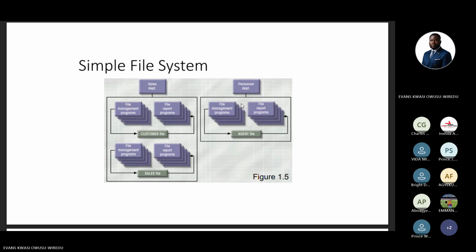Sales file also has to do with the customer. You get it? So you realize that there will definitely be duplication. And everything is so decentralized. You waste a lot of resources, and you need different people to be handling this. You have to employ a lot of people to be doing these things. Otherwise, your workers will be inefficient at work, because all the time, if they have to locate a particular information, it's so duplicated.